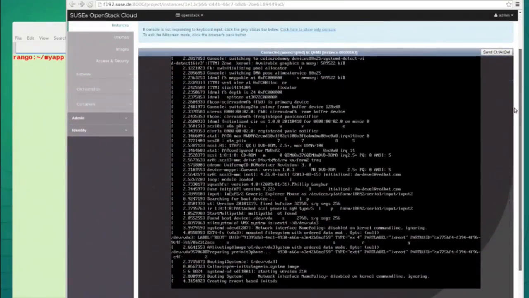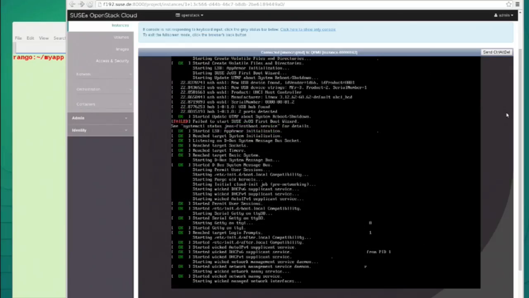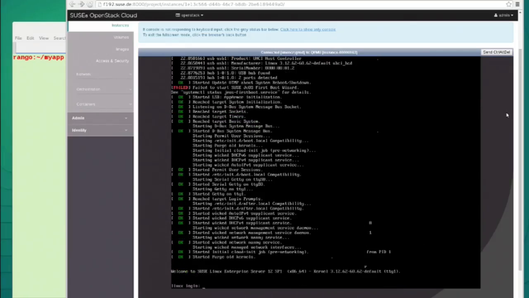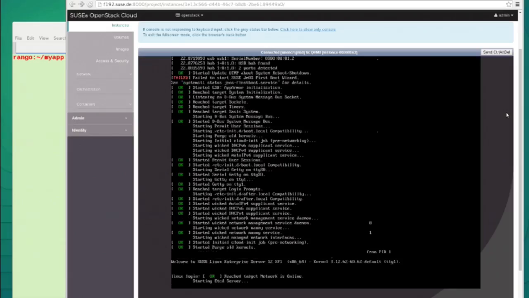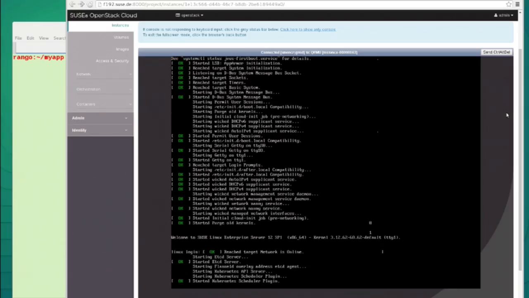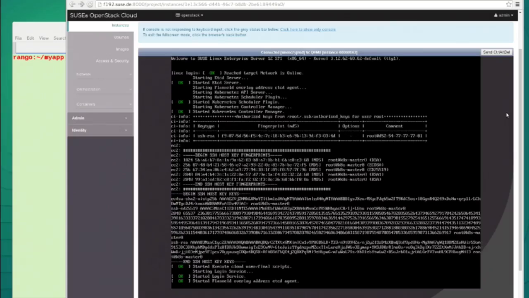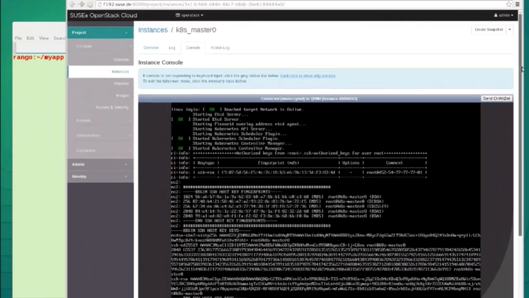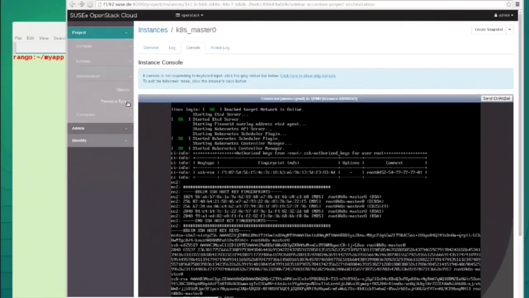So right now we can see that the master node is booting. We see that services are starting, and it's almost ready. Right now the instance is starting the cloud-init service, and this service will take the metadata from OpenStack, and this data will be used to configure Kubernetes services. So all the pain that I was mentioning before about configuring Kubernetes in terms of services to start, configuration files, packages, and all of that, this is taken away right now? Yeah, exactly. In a couple of seconds.